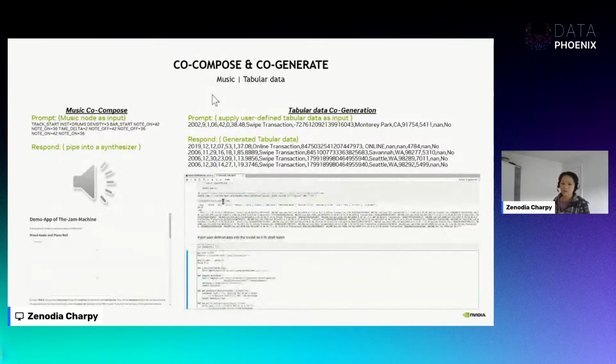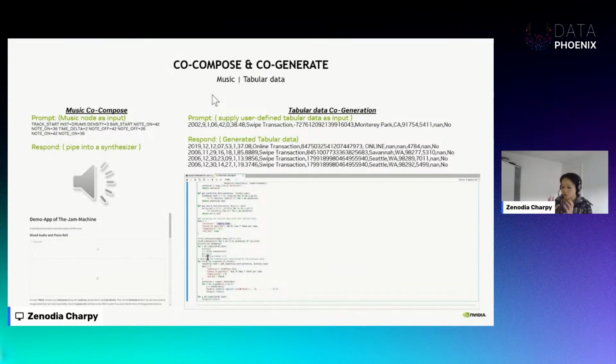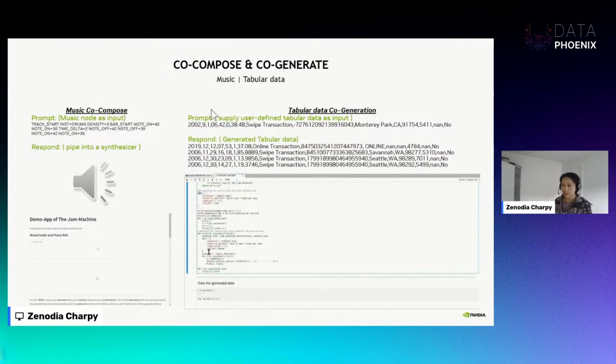Now, similarly, if you trained the large language models on structured, comma-separated data, in the inferencing runtime you could ask it to generate more synthetic data. So how is it useful, you ask? Well,